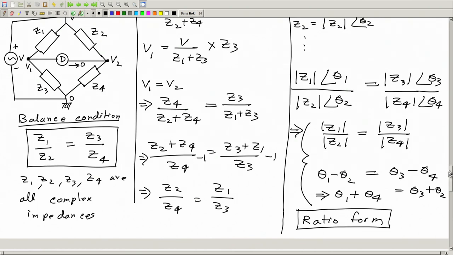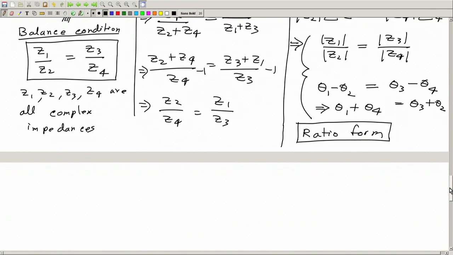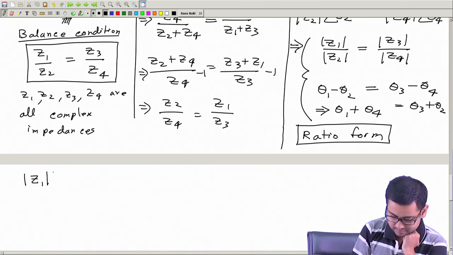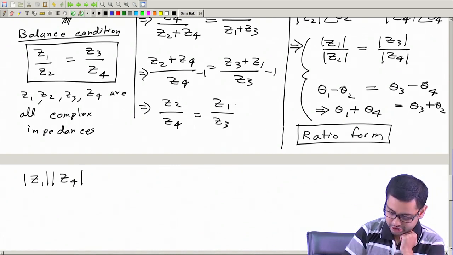We can also write the same balance equation by taking the product: Z1 Z4 should be the same as Z2 Z3